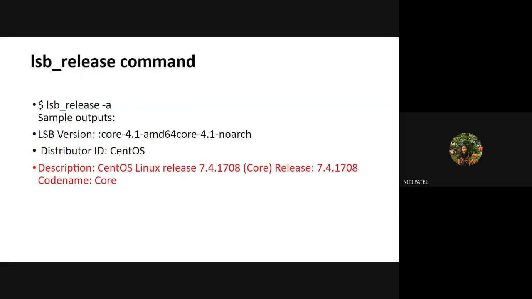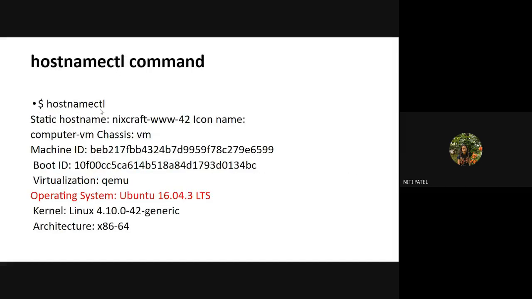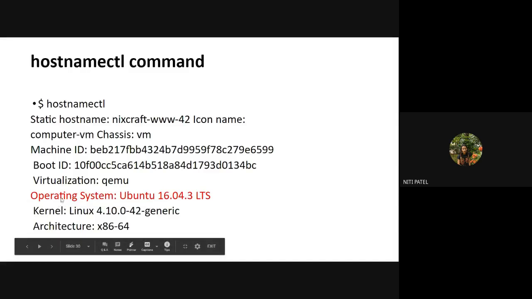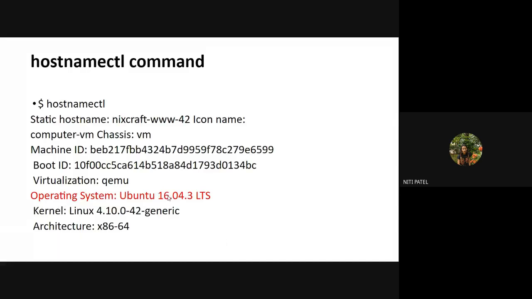Again, an alternative to this command is the lsb_release command. So again, when you press enter on this command, you'll get to see this output where I have to look at the description. So when I come to the description, I get to see what the OS is, that is CentOS Linux with the version 7.4. Okay. Then again, the third command is hostnamectl. So when I press enter, you get to see this output where I have to concentrate only on the version number. So operating system Ubuntu 16 is installed on the system.